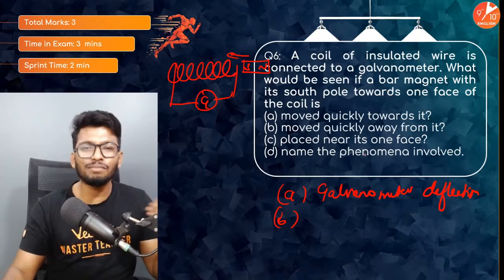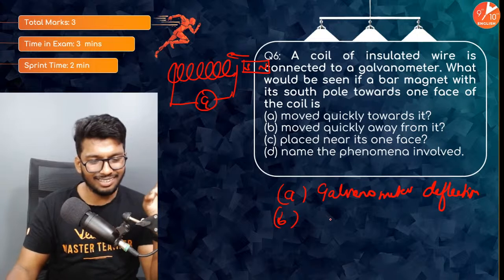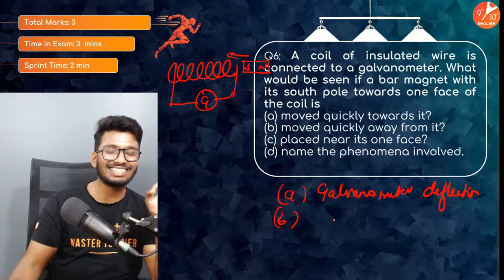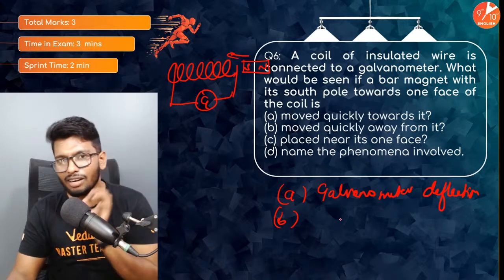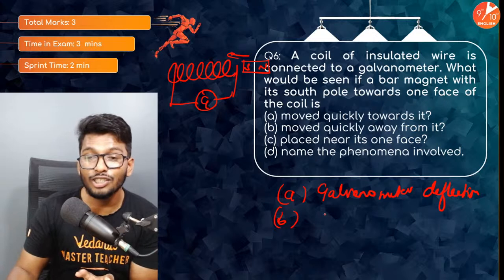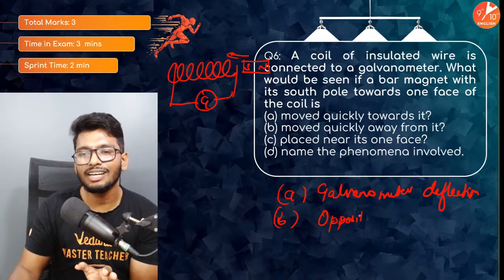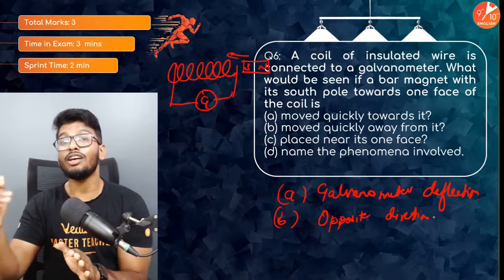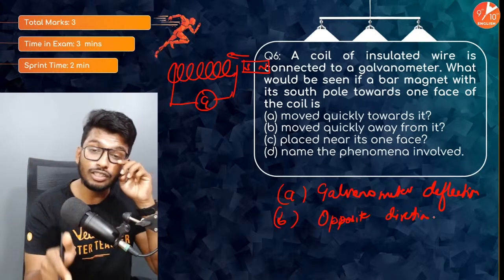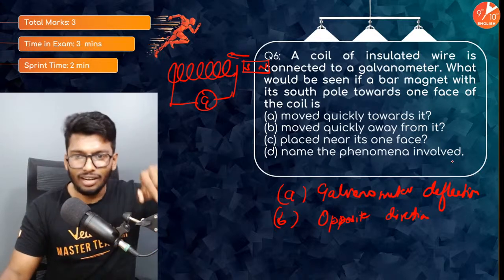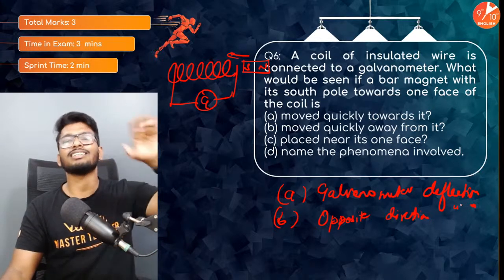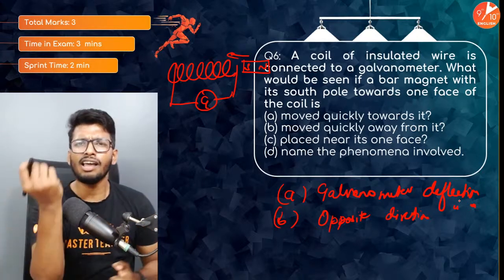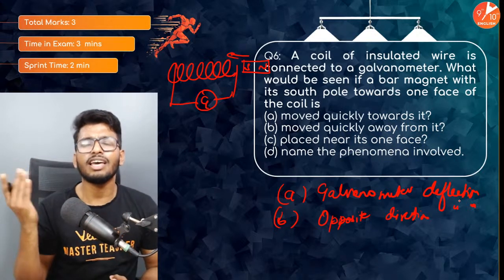Exactly, again there's going to be a deflection, but, exactly, that is the key word there, people. There will be a deflection, there's no doubt about that, but the deflection will be in the opposite direction. Why? Because now the magnetic field is going away from the coil, so the deflection is going to be in the opposite direction. You can mention that. I know there's going to be a momentary deflection. Momentary means it's only going to last for a couple of seconds,